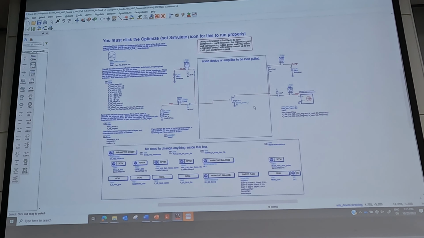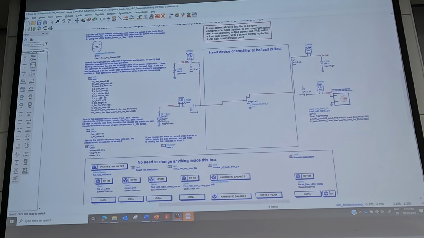So it steps the load, and then at a relatively low input power, it attempts to optimize the source impedance at the fundamental to get a good impedance match at the input.